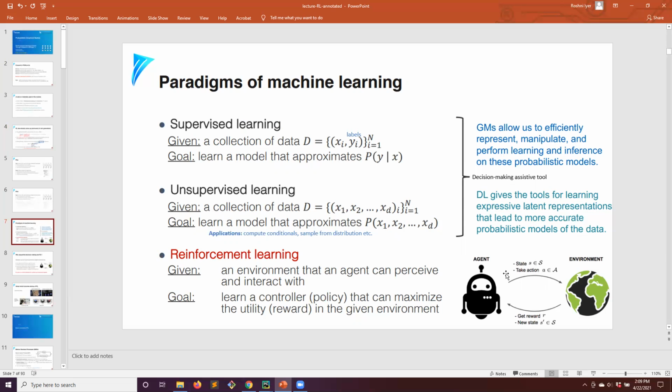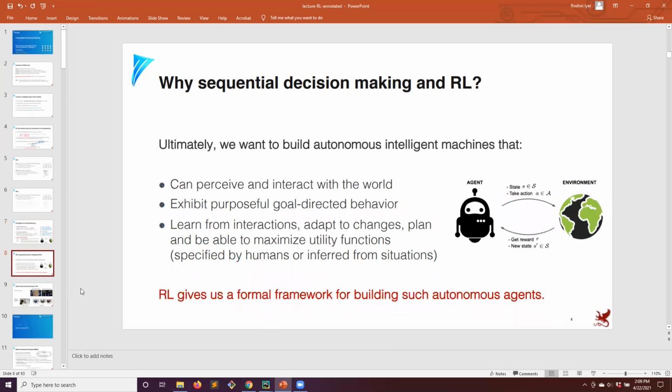And this is just a diagram giving a high-level illustration of this, where we have an agent that interacts with the environment, where it takes a state S from the set of S and actions, and then it interacts with the environment to get back a reward, and it transitions to the new state S prime. And the goal here is to learn a policy which will transition from one state to another by taking certain actions, such that we maximize the utility, or in this case, the reward function in the given environment. And